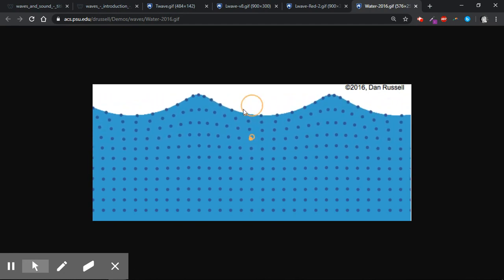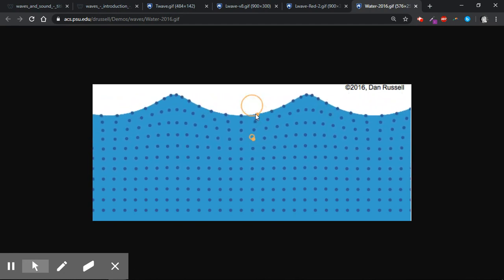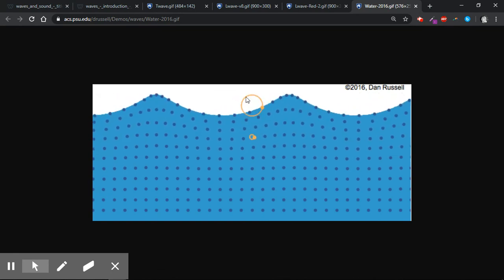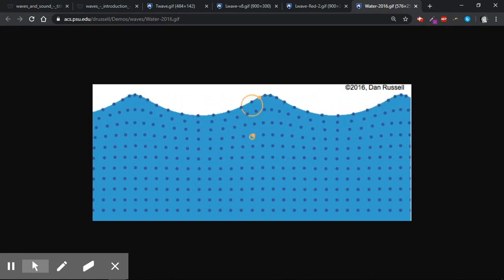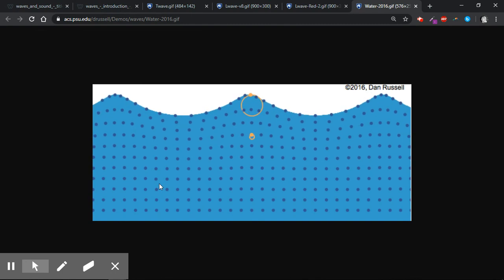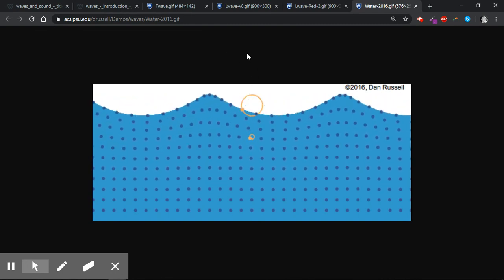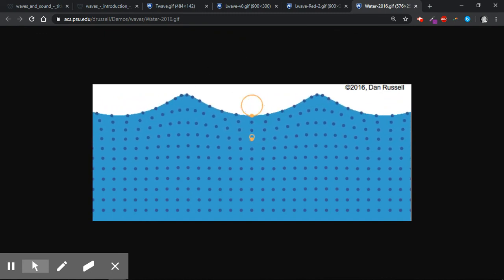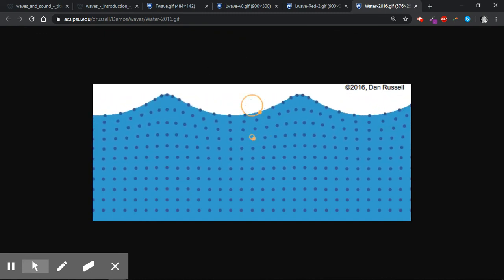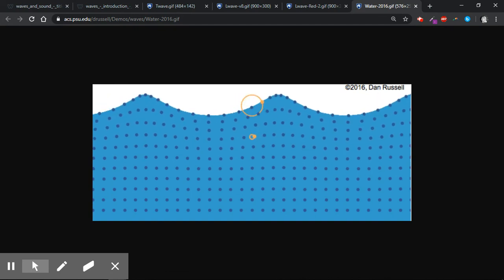And then you feel sick because it's not just an up and down movement or a side to side. It's an up and forward. And that's why you get that sensation from it. It's pretty wild. That's a good little extension to what we're doing. All right, so that's it. And I'll move on to what happens to waves when they move from one material to another material in tomorrow's lesson.